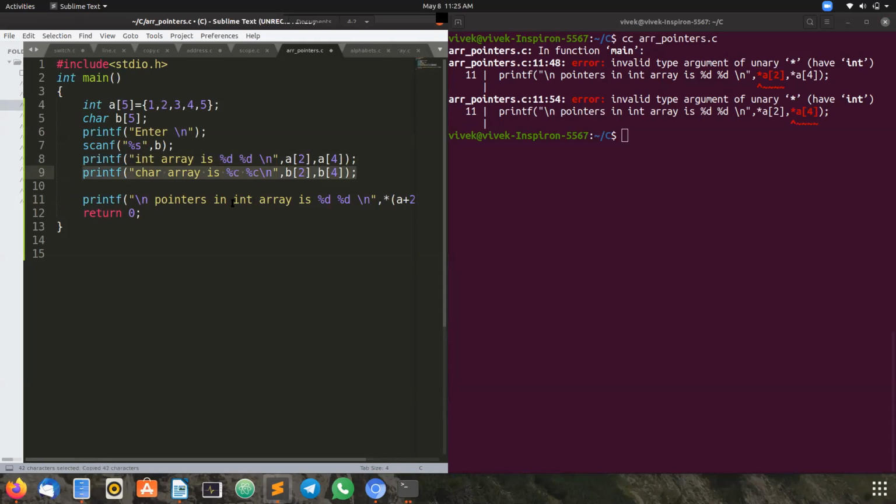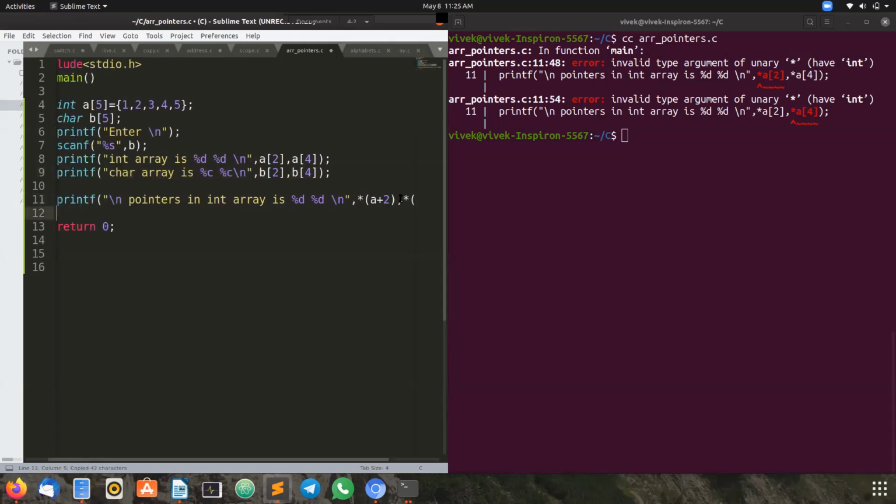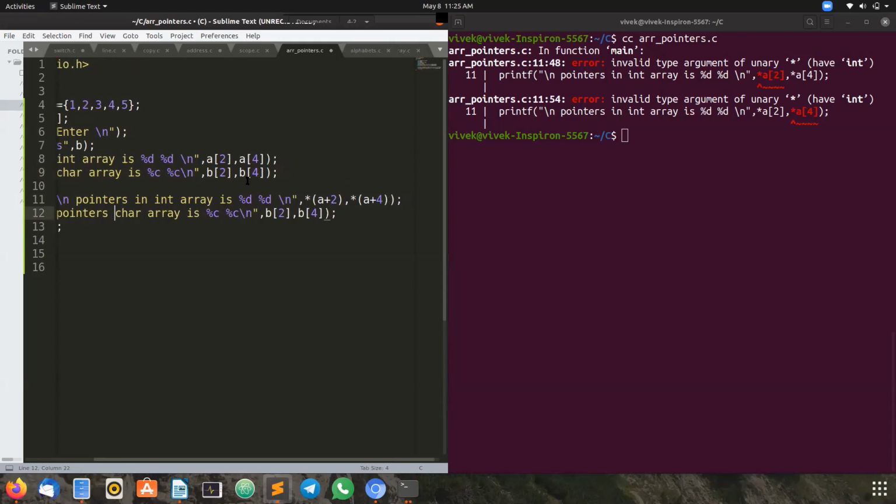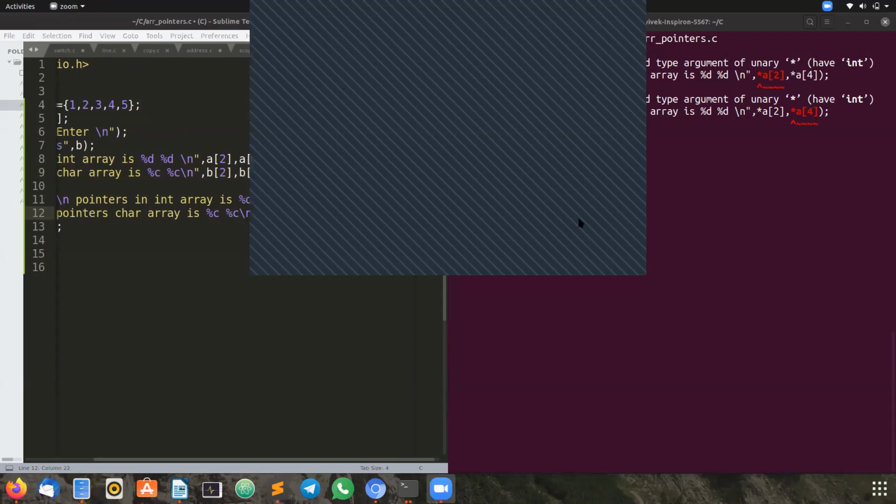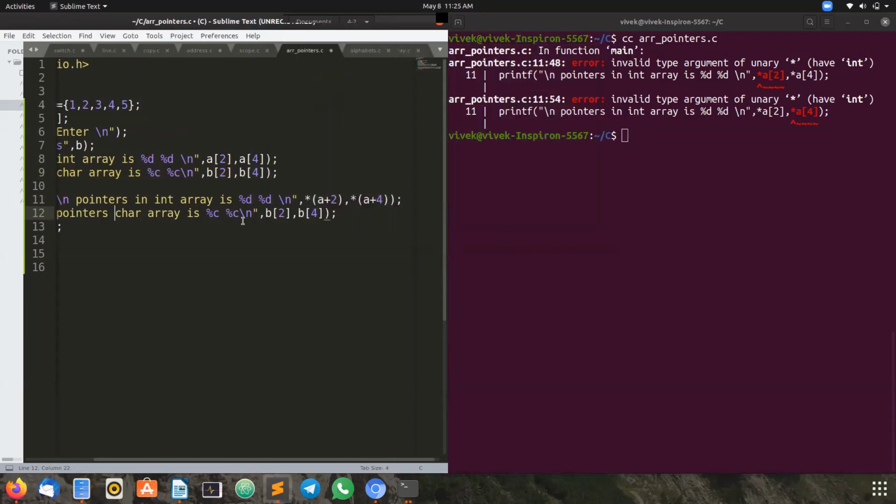In a similar fashion, I can print the character array also. Instead of b of 2, what can we write now? Asterisk of b plus 2, right?